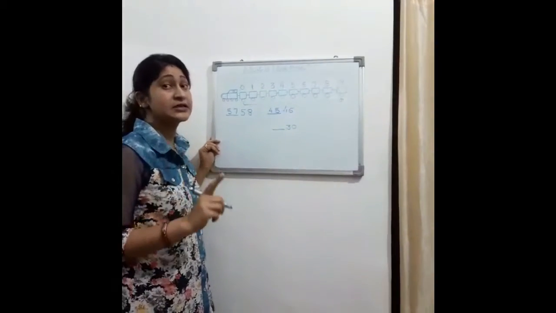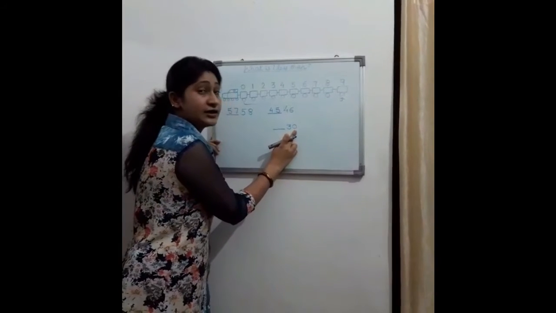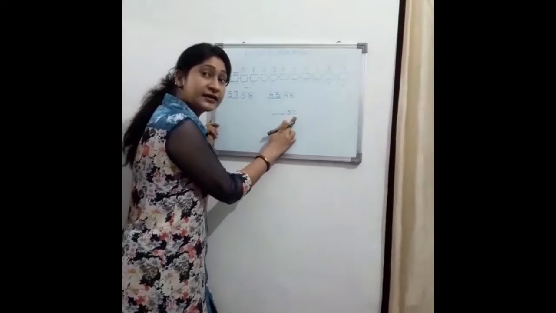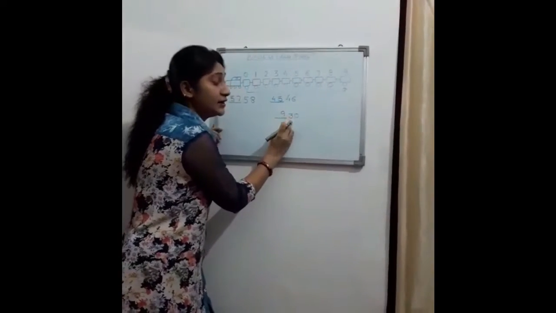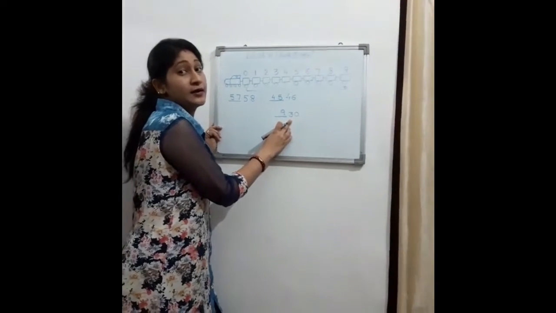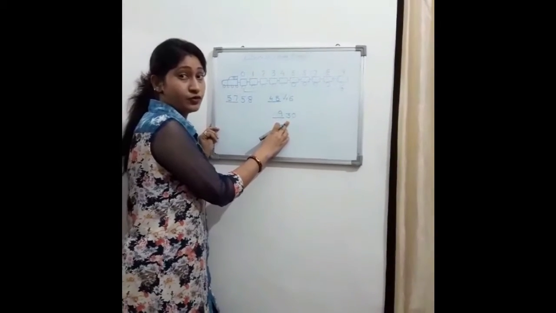So, this is the right number, this is the left number. Whenever any number has 0, the number on your right automatically changes to 9. And the number on your left goes 1 number back, or the number that comes before you will write